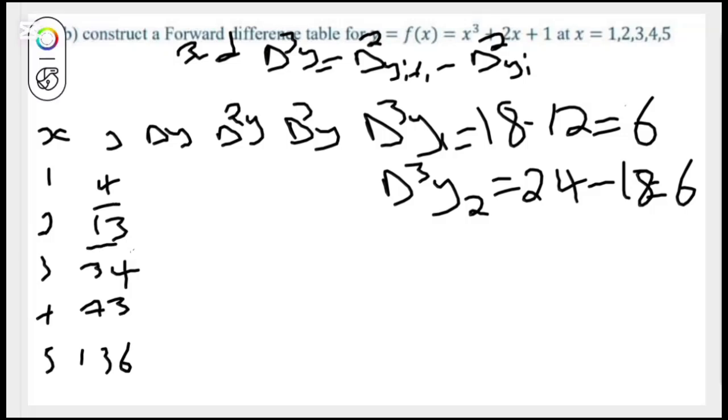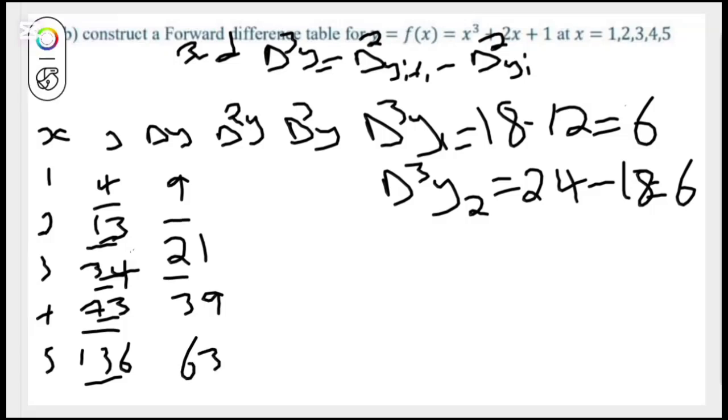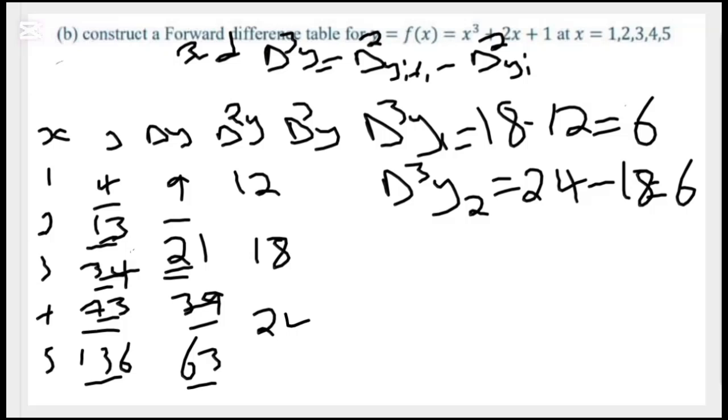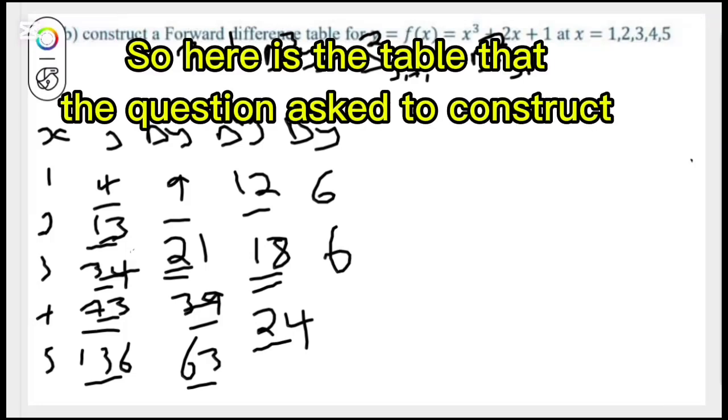So I'll subtract this and this, I'll get 9, this and this, I'll get 21, this and this, I'll get 39, this and this, I'll get 63. Also subtract 21 and 9, I will have 12, and therefore subtract this and this, I'll get 18, subtract this and this, I'll get 24. The same thing, subtract this and this, I'll get 6, subtract this and this, I'll get 6 also. So as you can see, this is our